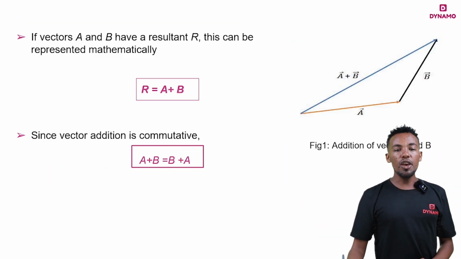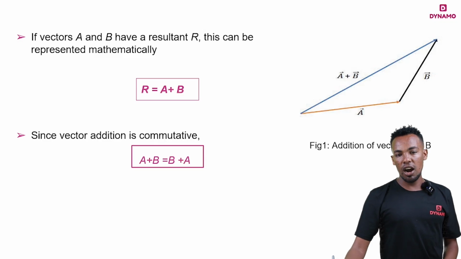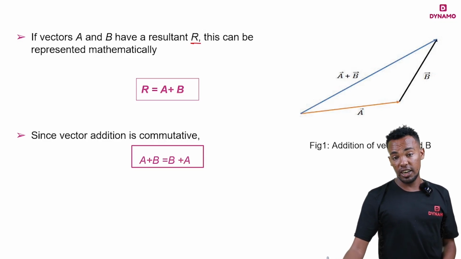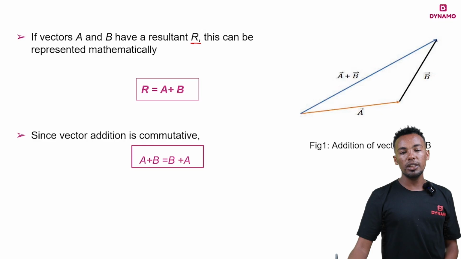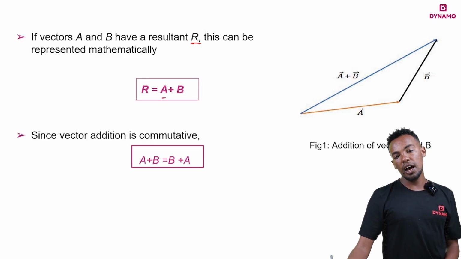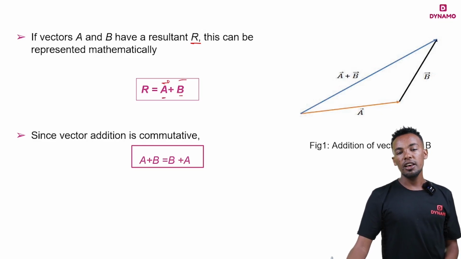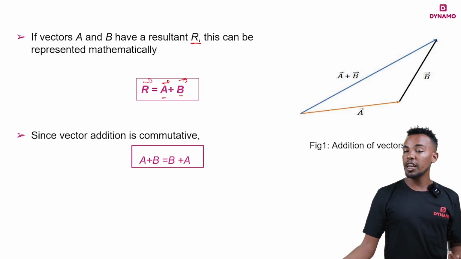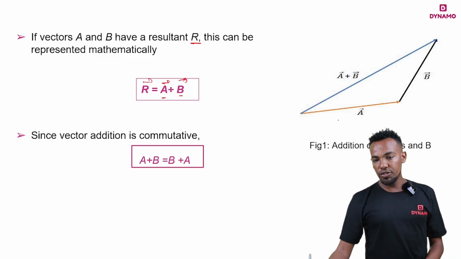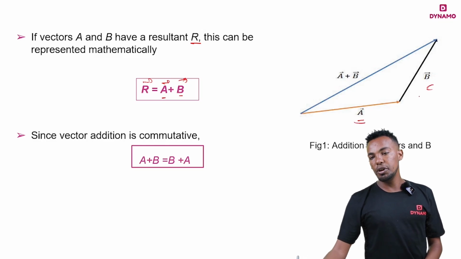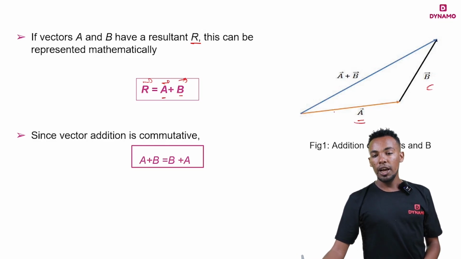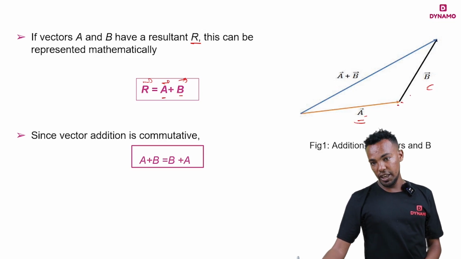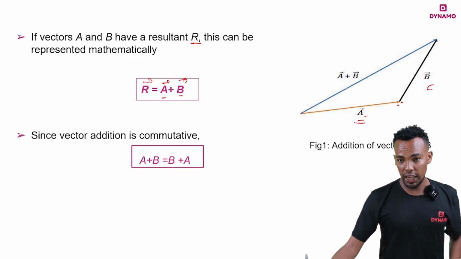If two vectors A and B have resultant vector R, this can be represented by R equals vector A plus vector B. For example, here is vector A and here is vector B. They are connected head to tail. The head of vector A is connected to the tail of vector B. After that, by using the triangle method,